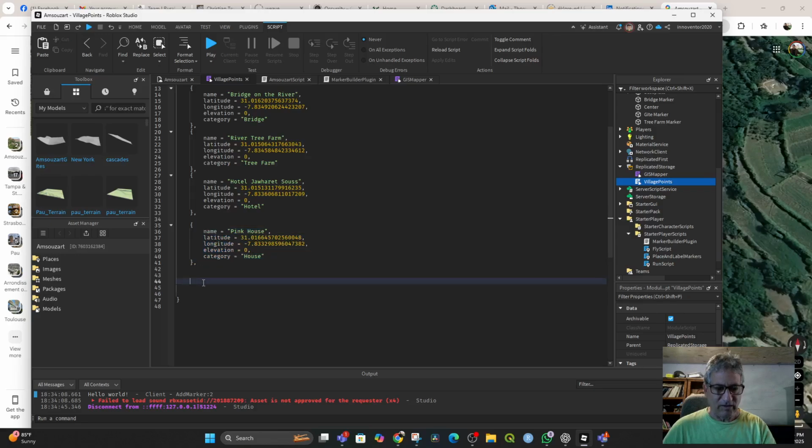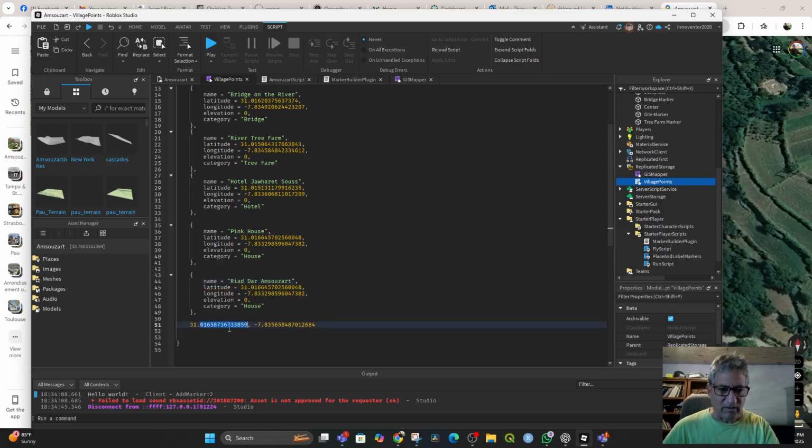Well, first let's put this in so we have it. Let's take this and copy it and paste it below. Put a space in there and make this Riyadh Dar Suzart. Make sure that we get rid of one of those. Oh, got rid of both of them. Okay. And then let's get our latitude